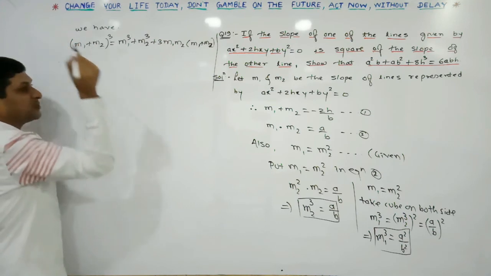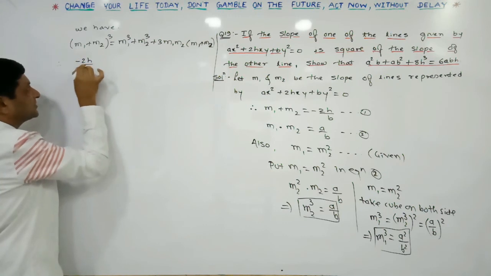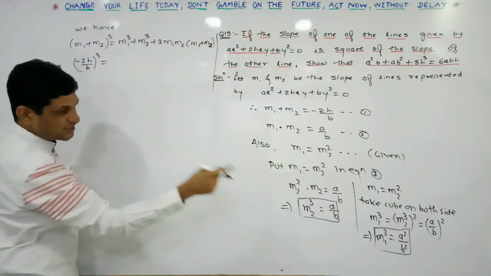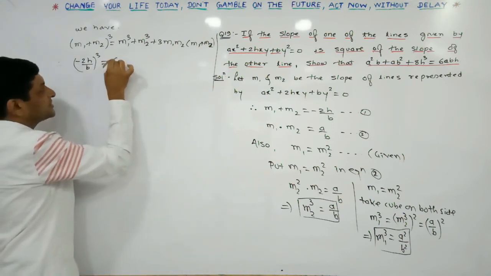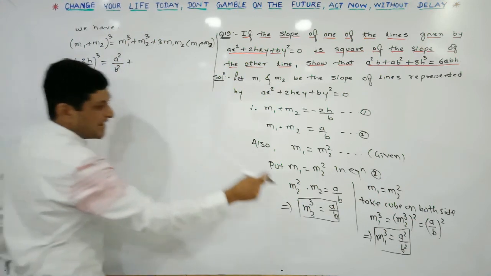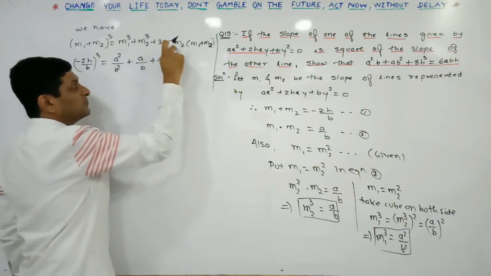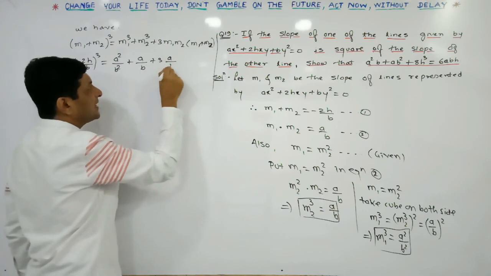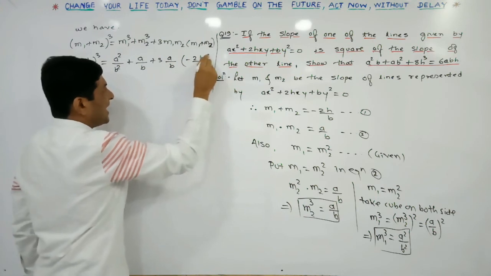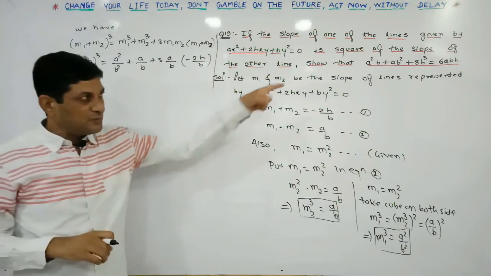So m1 plus m2, I am replacing m1 plus m2 by its value, minus 2h upon b. Keep this cube as it is. On this side, m1 cube can be replaced by its value. Observe, the value of m1 cube is equal to a square divided by b square, plus m2 cube, the value of m2 cube is equal to a upon b. Plus 3, keep it as it is, m1 into m2 is equal to a upon b, and m1 plus m2 is minus 2h upon b. After substituting these values in this equation and simplifying it, we are trying to get